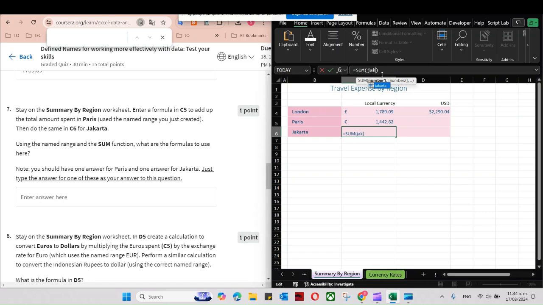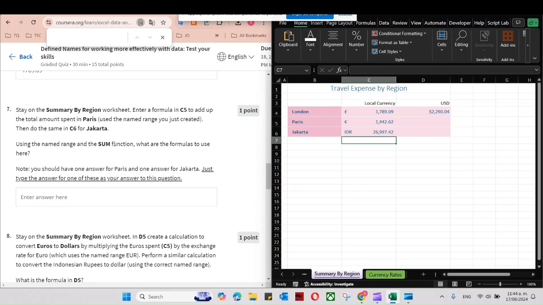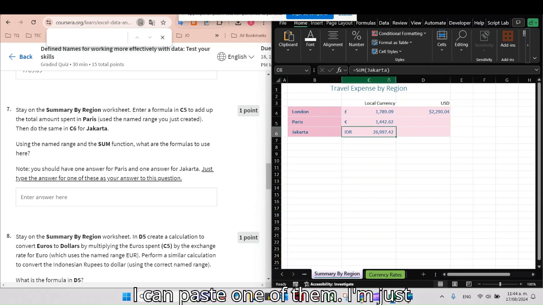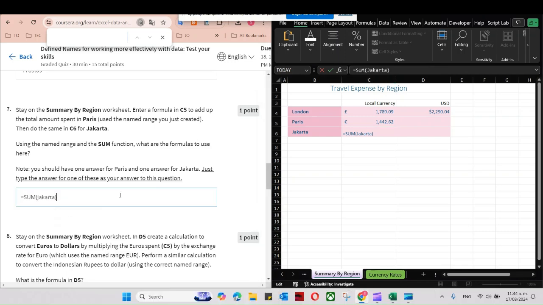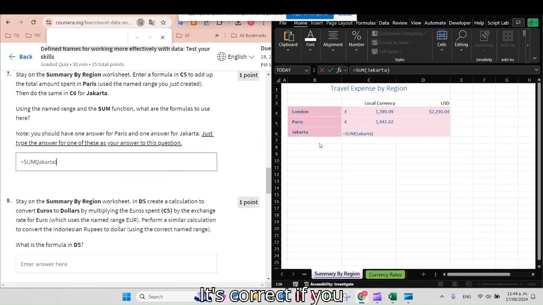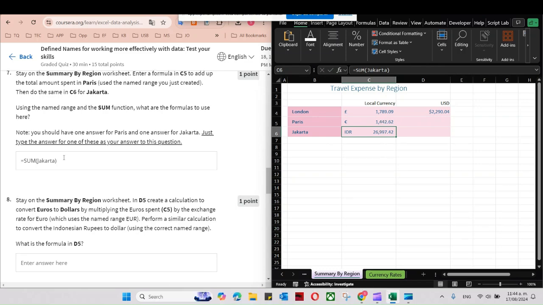I can paste one of them. I just going to select the formula, copy down. It's the same whether you use SUM Jakarta or SUM Paris.